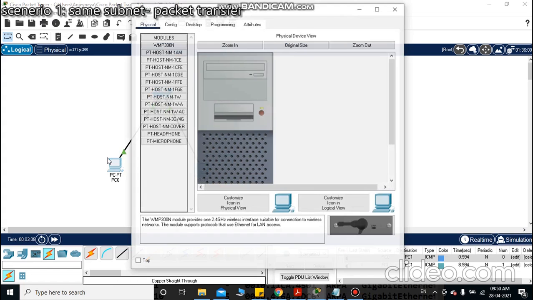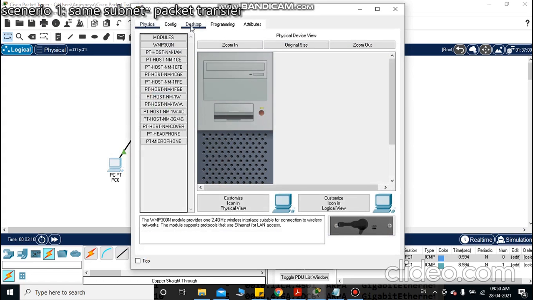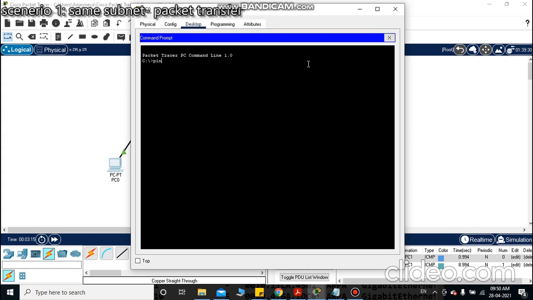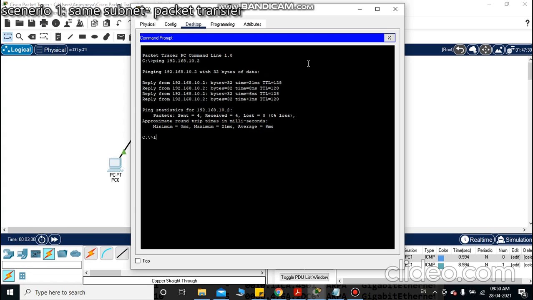Also, with the command prompt we can find out whether the systems have been able to transfer the data between the devices. This is the same command I am giving. So I could see whether it is able to transfer the packets between this and 192.168.10.3. It is able to do it.